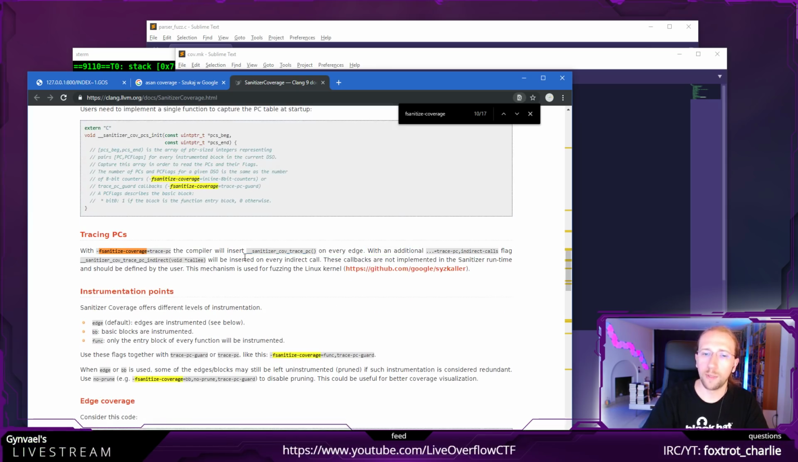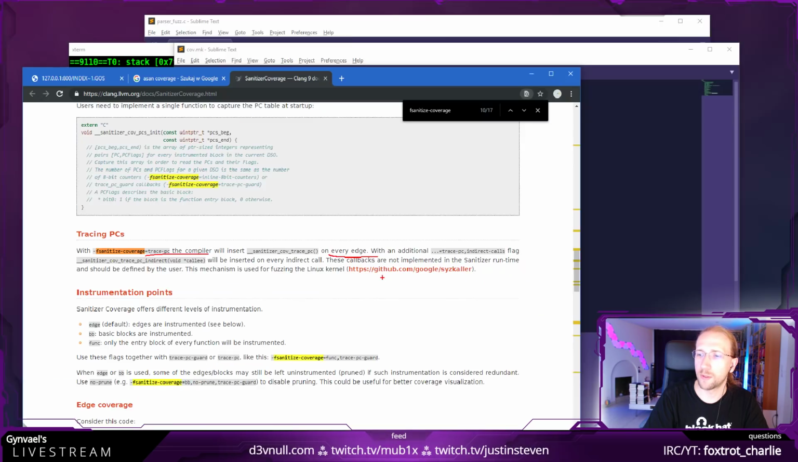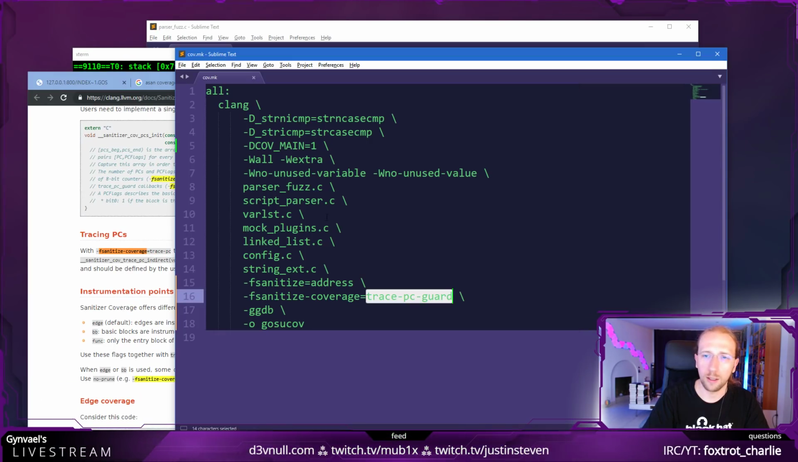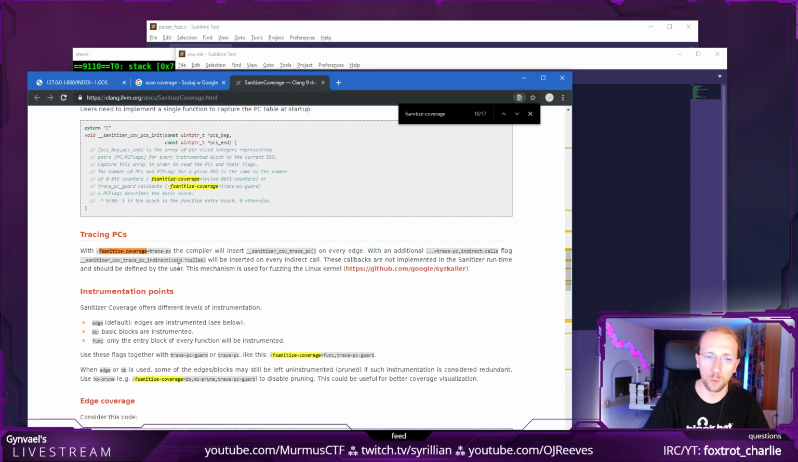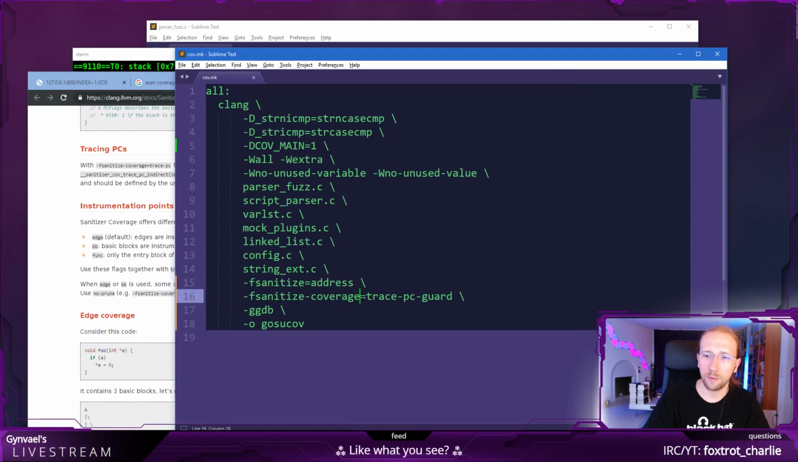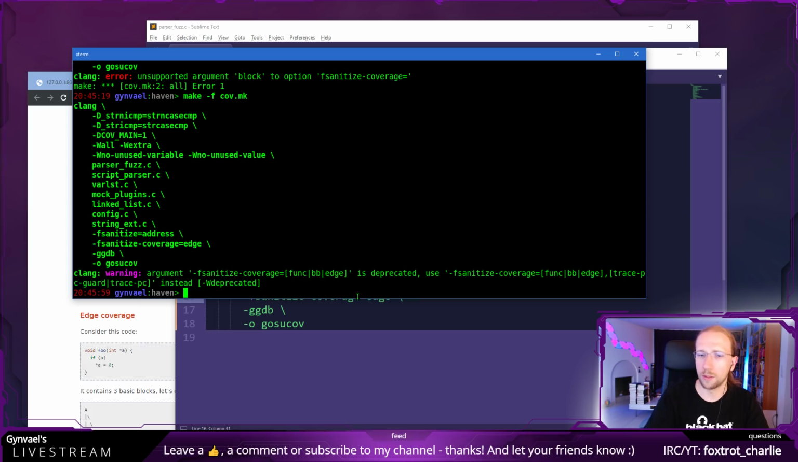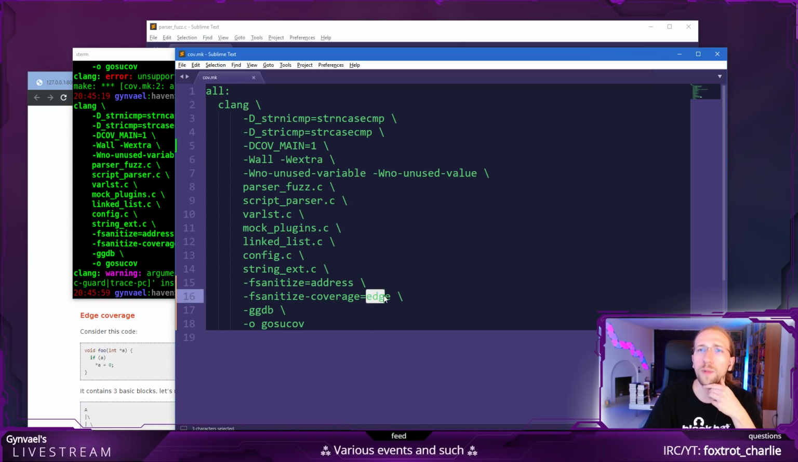On every edge. Okay, perfect. If we have trace PC, then it inserts on every edge. And we have PC guard, which, what does it mean? What's guard? Oh, we have BB for block instrumentation. Can we use edge? Edge would be great. Edge is deprecated, but okay, that's fine. It compiled. Edge basically means that in